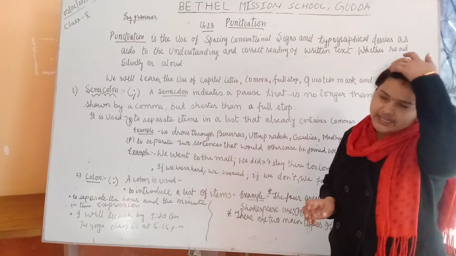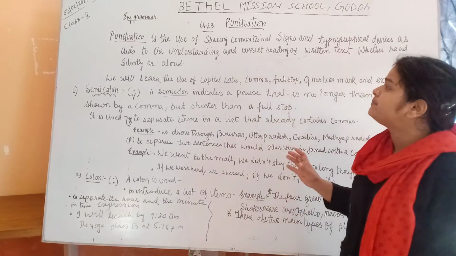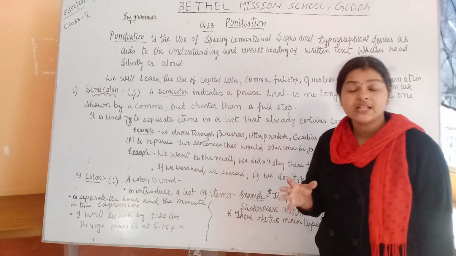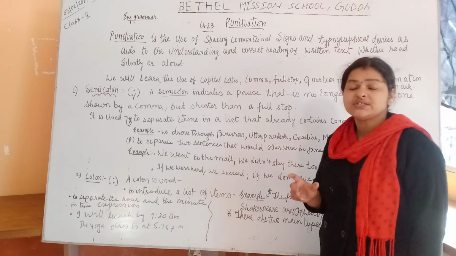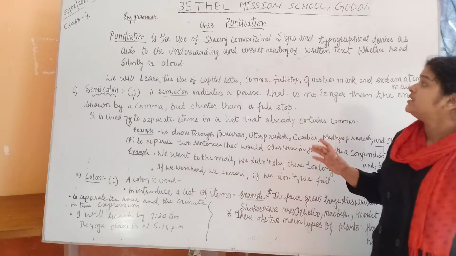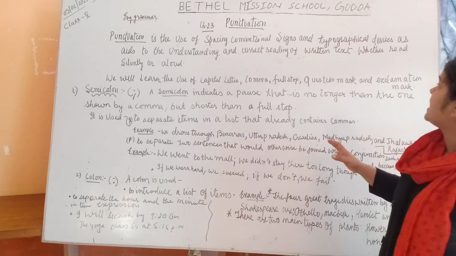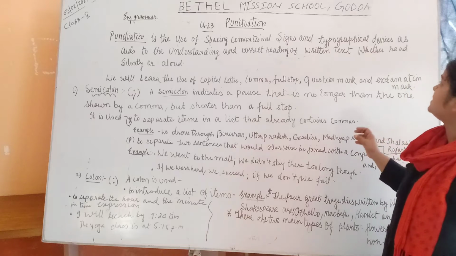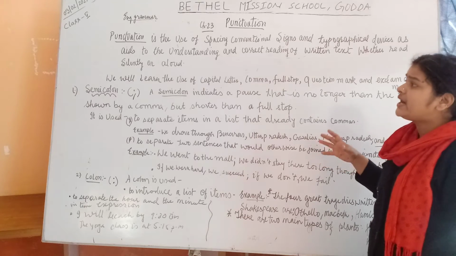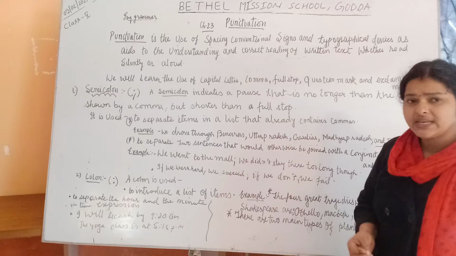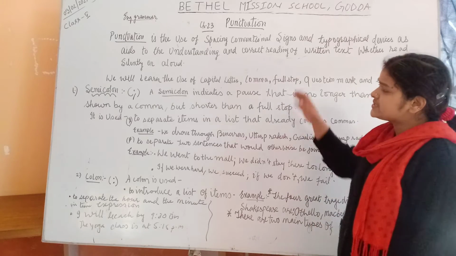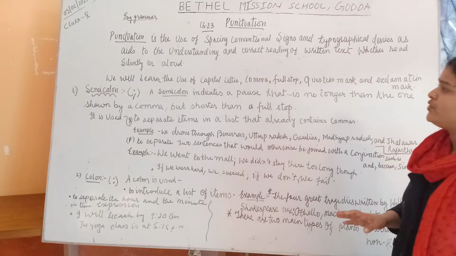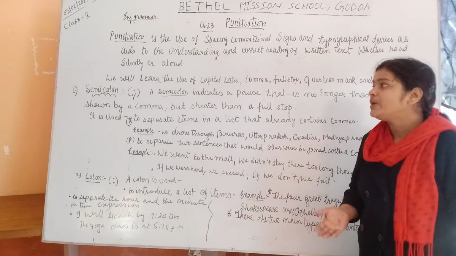That means, in a particular sentence, if some punctuation marks are given, then they help us to read it correctly. It helps us to understand the words written in the sentence, and we can easily understand the text even if it is read silently or aloud. So this is the definition which I have written for you all. You will be able to understand it.